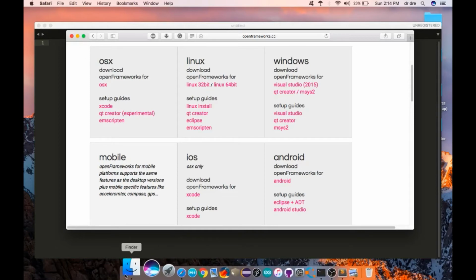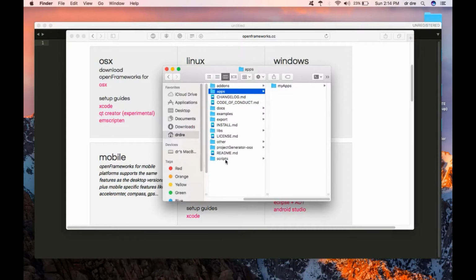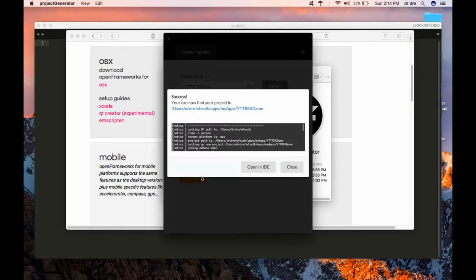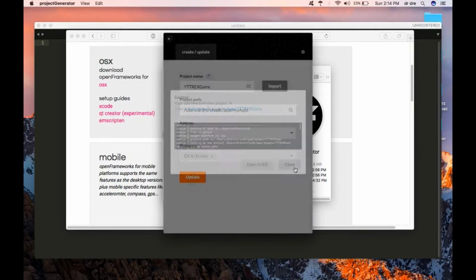After downloading, you will see these directories within the OpenFrameworks main directory. From there, you can select the project generator. In this case, this is OS X, where you can specify your project name and project path. YouTube project, T-Rex game, and click generate. It will generate everything automatically. Then press close,